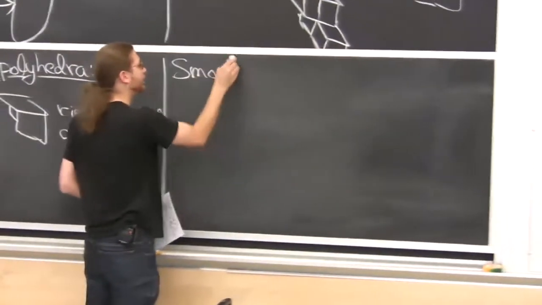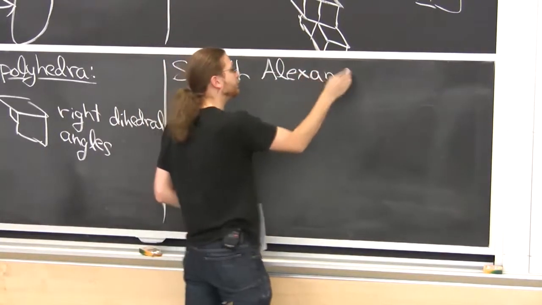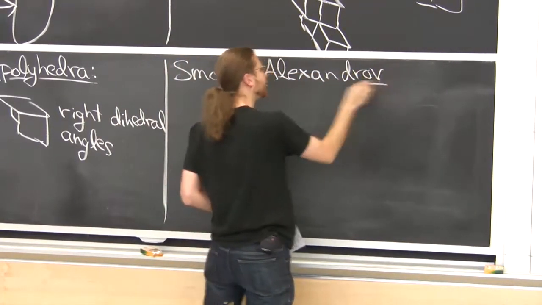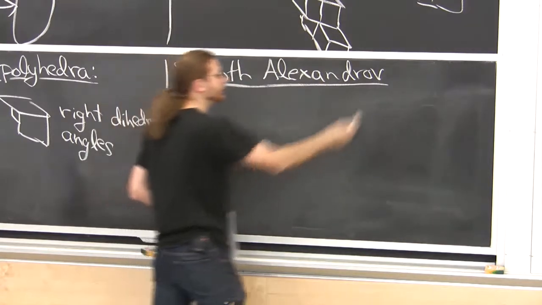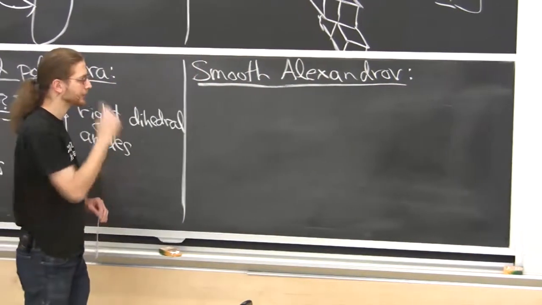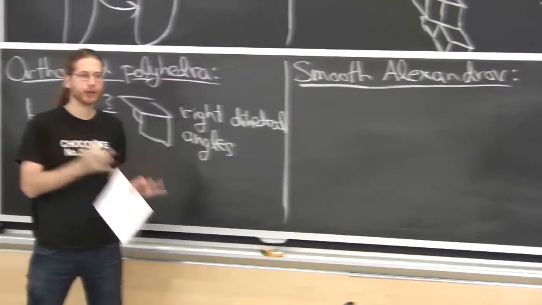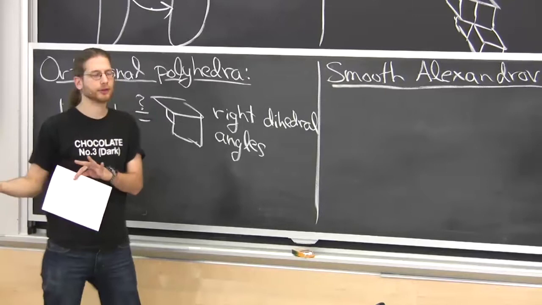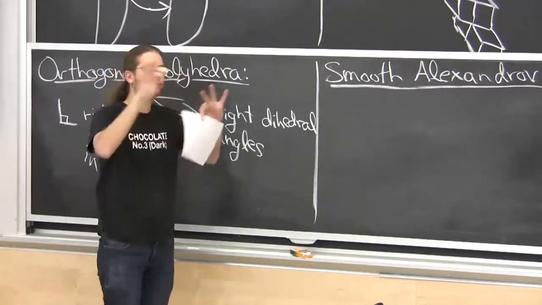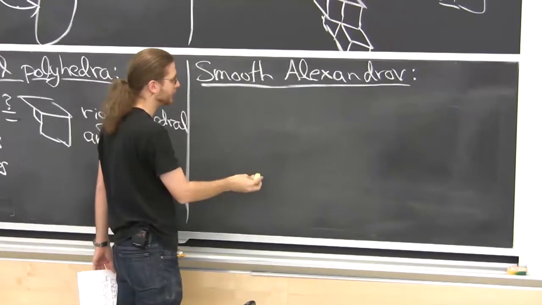I want to go back to Alexandrov's theorem. It turns out there's a smooth version of that. So now we're going to segue a little bit into smooth foldings and smooth unfoldings. So instead of thinking of polyhedral objects, polygons, and convex polyhedra, I want to think about smooth bodies. So, for example,